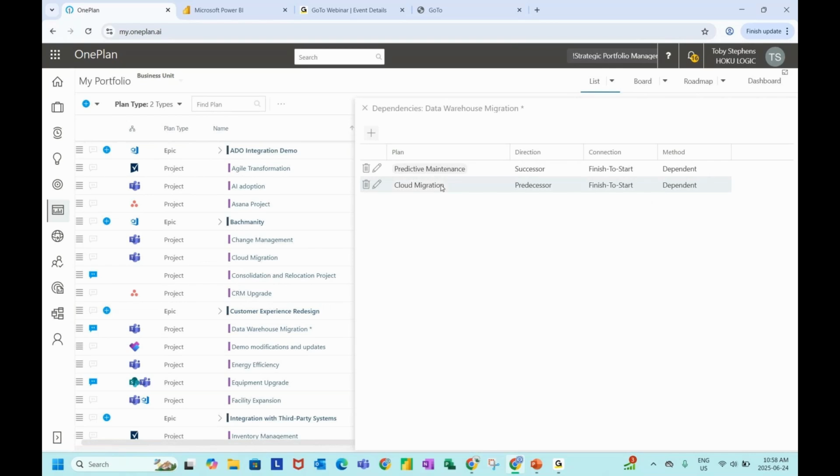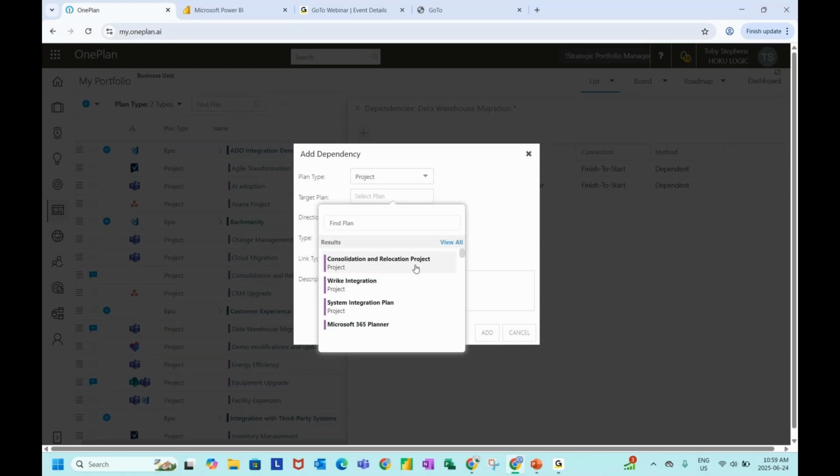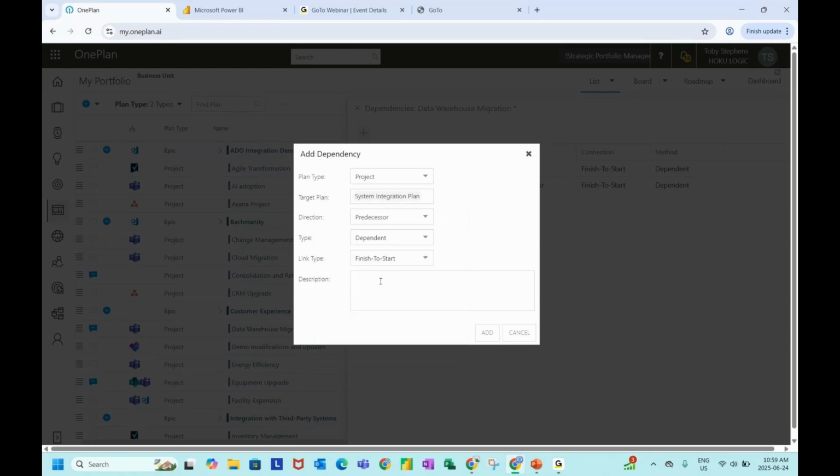So we have similar dependencies to how we have in Microsoft Project. If I just go and create a new dependency, I can say I have a plan type, or you can even create on a different one, I have a dependency on a program or epic or an idea, etc. So you can create that and you will be able to view all your projects here. And if you know the project name, let's say a system integration project, you can single click on it. And then we have different